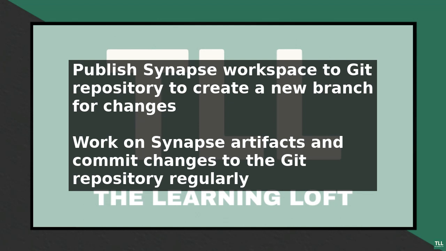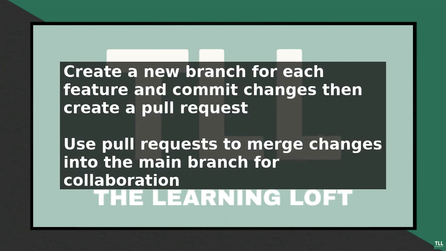Then create a pull request to merge the changes into the main branch. Azure Synapse will automatically sync the changes with your workspace. Best practices for Azure Synapse Git integration include using a consistent naming convention, regularly committing changes, and using pull requests for code review. By following these steps and best practices, you can effectively integrate Azure Synapse with Git and improve